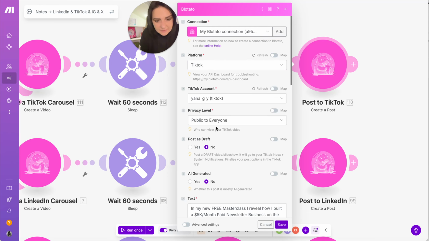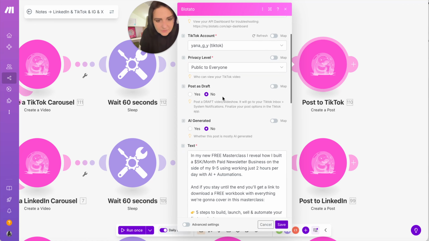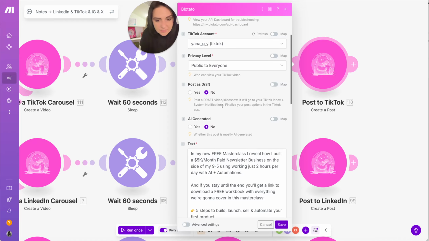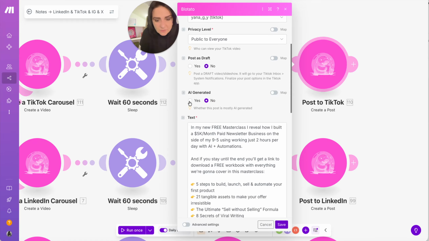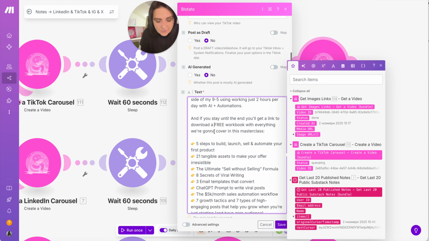Here you select public, mutual follow friends, follower, creator, or self only. So what's the visibility of the post? You can also choose to publish to draft, and then you can just go and approve it and publish it if you like it. You can select whether it's AI generated or not, and you can also add the text